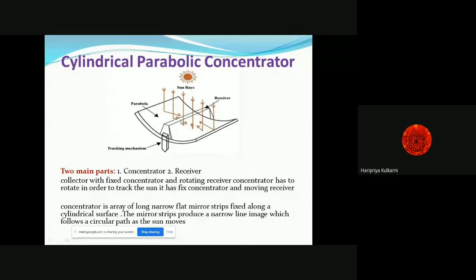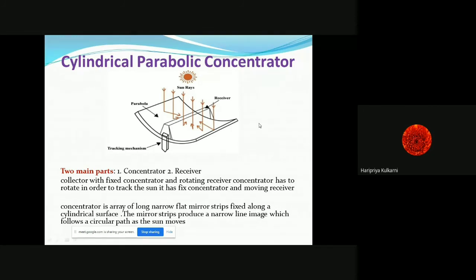Okay. So here there are again two types. In one of the types, the absorber is fixed and we move the parabolic mirror. In the other type, we fix the parabola and we move the receiver. Okay, in both the cases, we get good efficiency, but it is single axis tracking. I am saying we are moving it from east to west, and depending upon the geometrical configuration, we can move either the receiver or the parabolic concentrator.